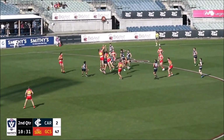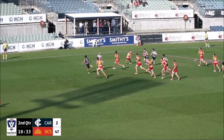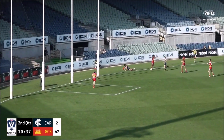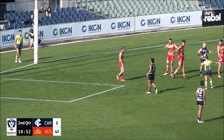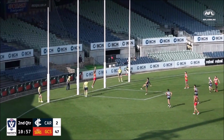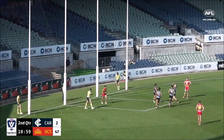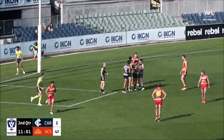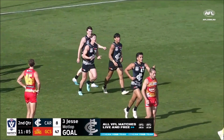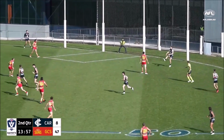The sun comes out this morning. Inside 50 there from Durden. Binns with the crumb and then looks to Motlop in the pocket. He'll get the free kick for his first goal of season 2024. He comes in and he jams that one home from point blank range. And Carlton are finally on the board midway through the second quarter. In the end, Carlton